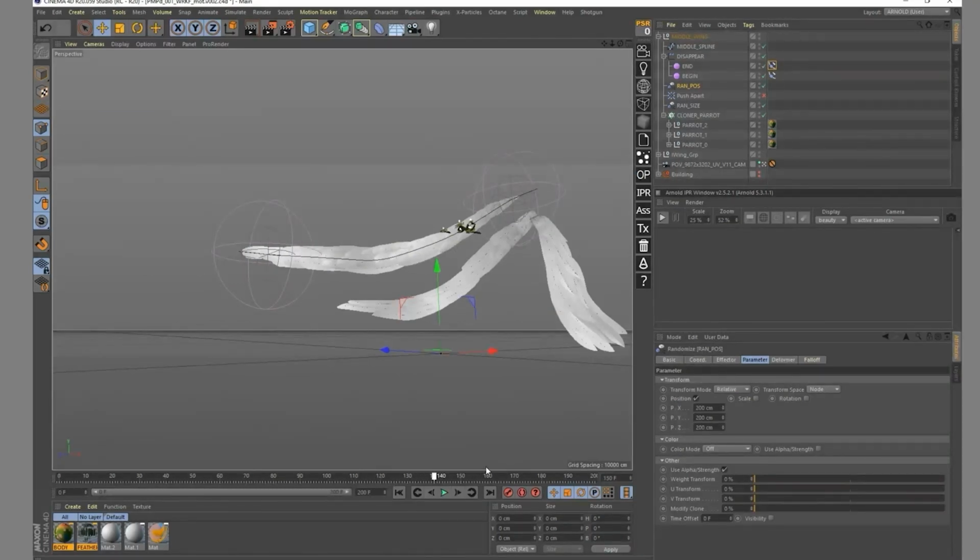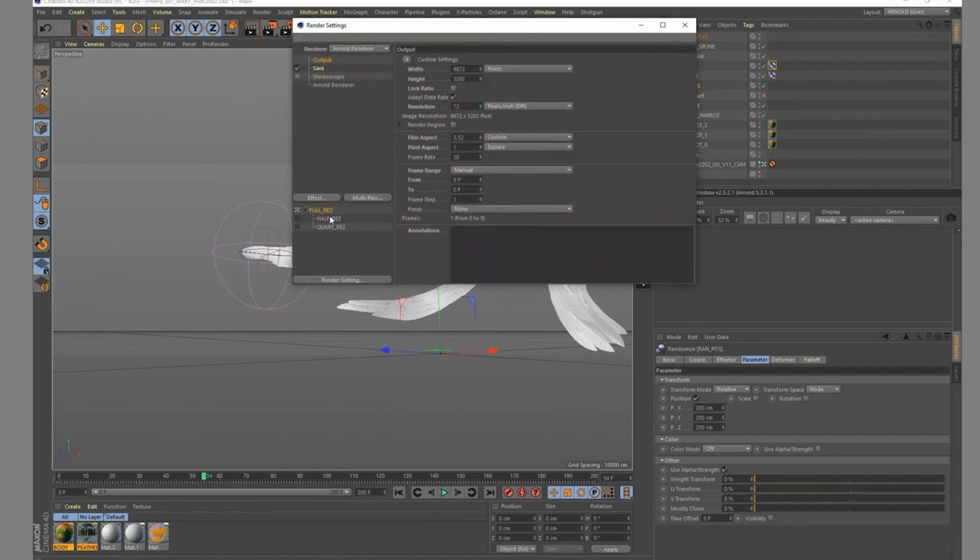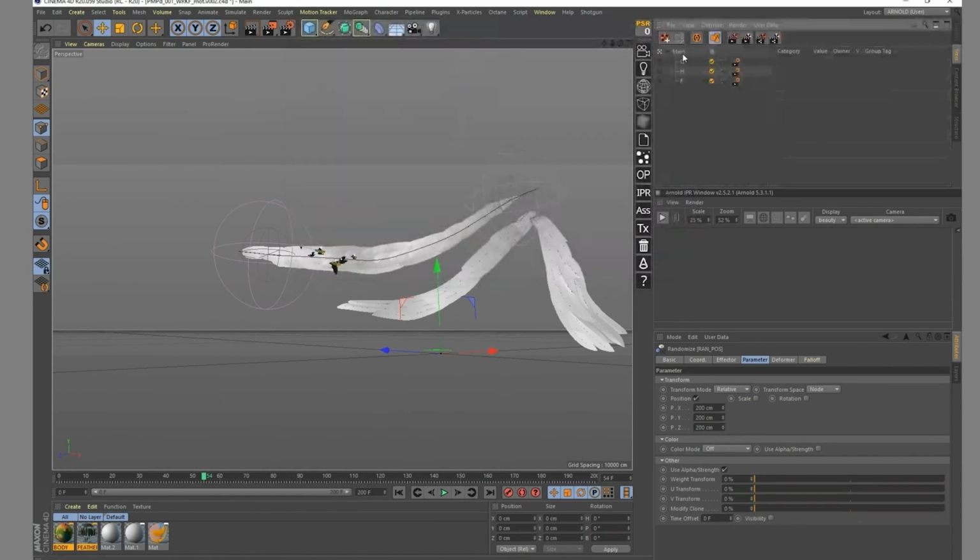It's those parrots as a beauty pass. So it's just going to be a normal render. I don't even need it to be an Arnold one, so I can just change that to standard, and everything under it is going to be changed to standard. And that's the first one I need to do. I need to make a parrot.